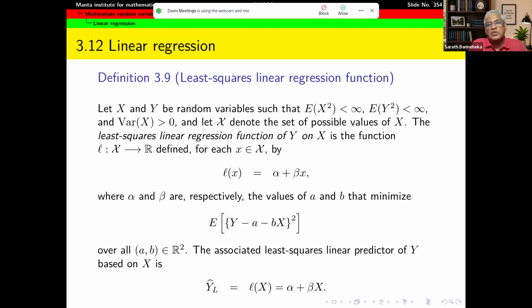That means the variance of X is not equal to zero. And let curly X denote the set of possible values of capital X. Then, under this setting, the least squares linear regression function of y on x is a function, say L, defined from this curly X to the set of real numbers,